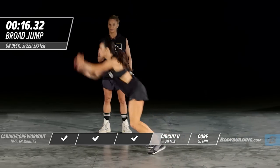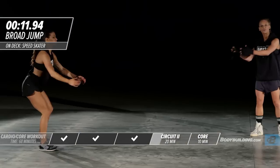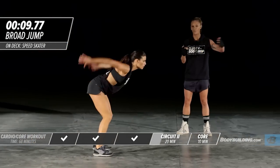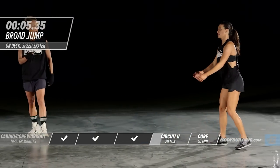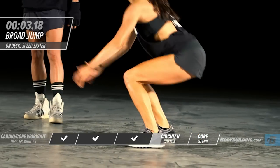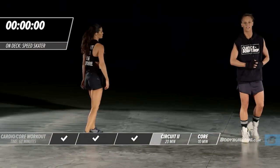There we go. Perfect. Depending on how much space you have, you can do 3 jumps, you can do 2 jumps, you can jump all the way across the gym for 30 seconds. Just depends on where you're working out today. Good, 5 more seconds. 4, 3, 2, and 1. Good. Moving on to the next exercise,